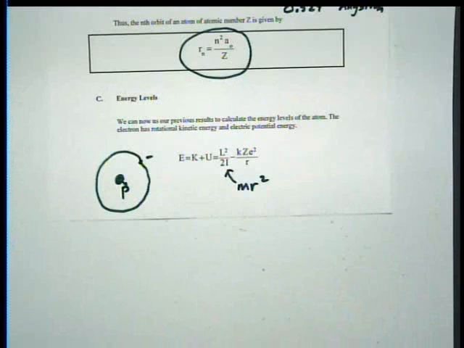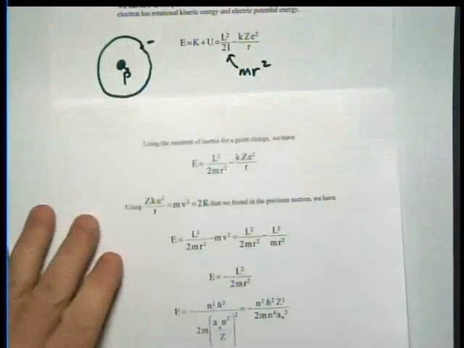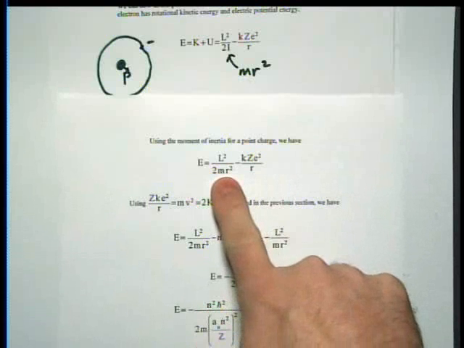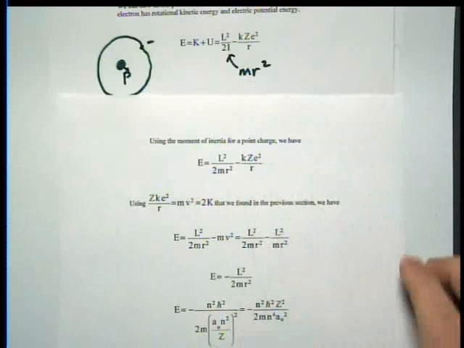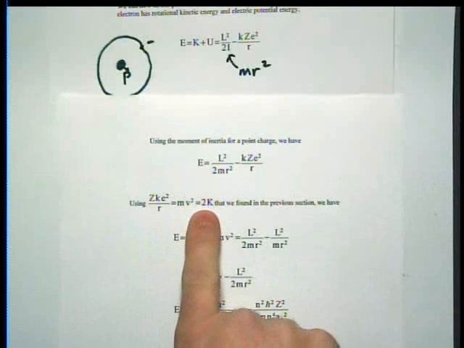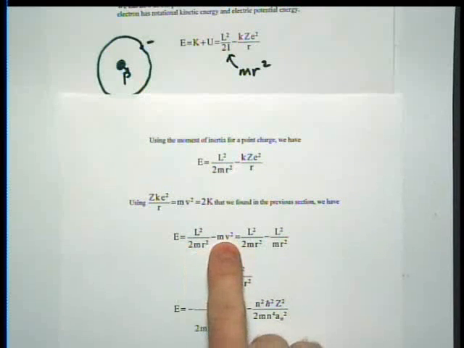So in my notes, if you work through them, you know that I just, again, sat down and started applying physics 1 and physics 2. I put this in for the moment of inertia of a point particle in physics 1. I used the fact that this was mv squared, twice the kinetic energy that we talked about for circular orbits. Plug that in up here.